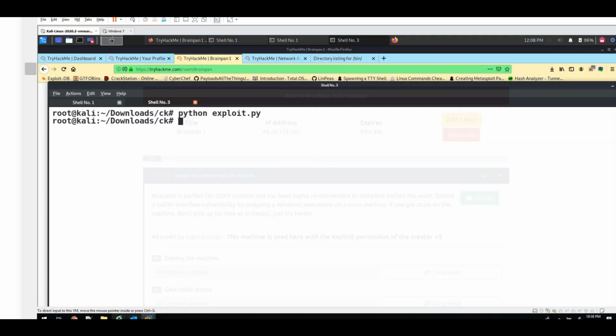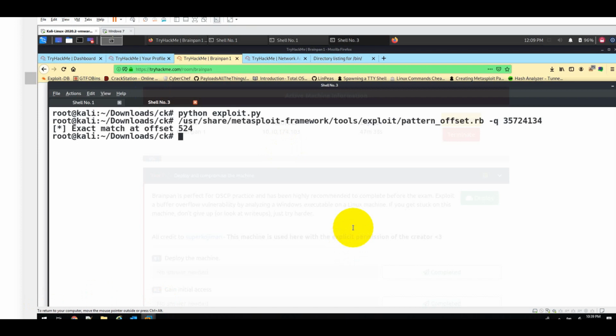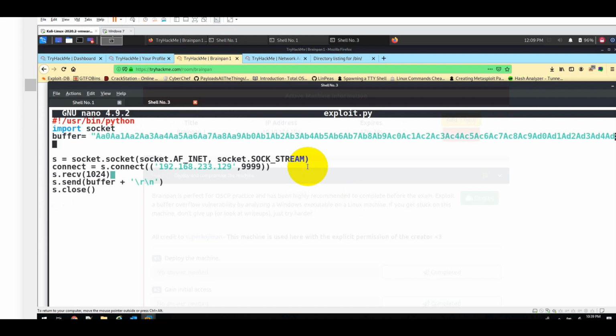We need to find out where exactly the EIP is getting overwritten with the random characters that we just sent. So again, I will go to the same path and look for pattern_offset.rb, provide the query as a parameter and then provide the address. Now it says overflow found at character number 524.